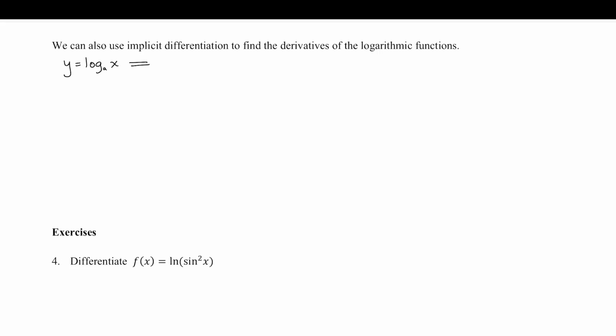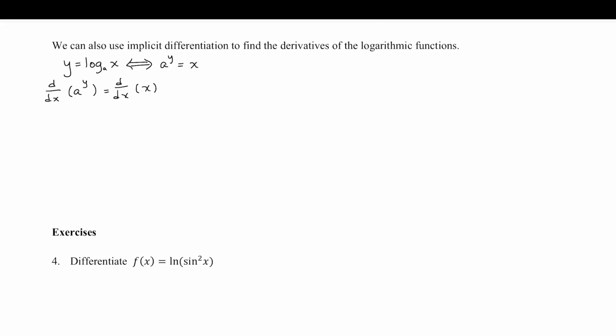So if I have the function y equals log of x base a, I can also write that equivalently as a to the y equals x. And we have done the derivative of exponential functions. So I'm going to take the a to the y equals x, and I'm going to use implicit differentiation, and I'm going to take the derivative of both sides, and my goal is to find dy dx. So I take the derivative with respect to x of each side,